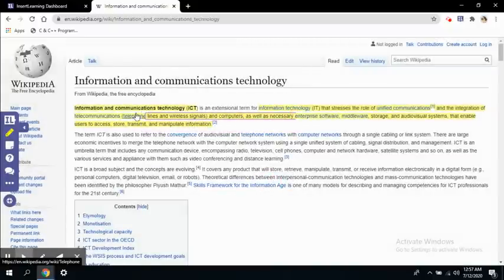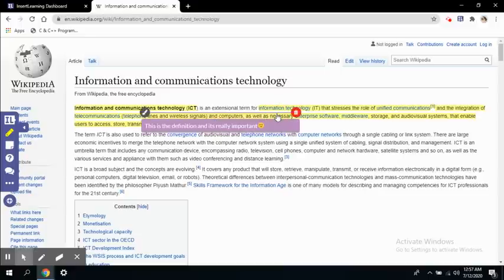All right. Now here you can see where I have selected the text, there is a purple box appearing, in which the content on which I have added the comment has been covered. And now when a student clicks on it, he or she will be able to view this comment that I have added. This is the definition, and it's really important. All right, so this is a comment added to the highlight section. Again, the delete button, you can delete this comment, or you can change the color.